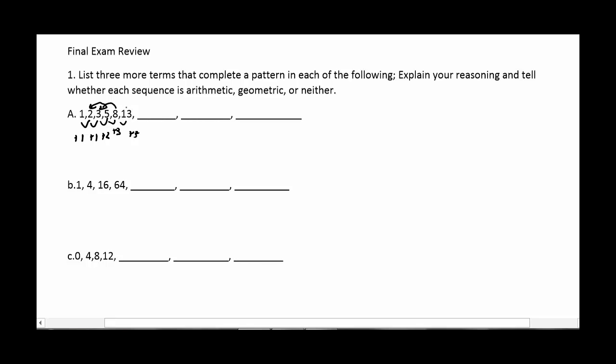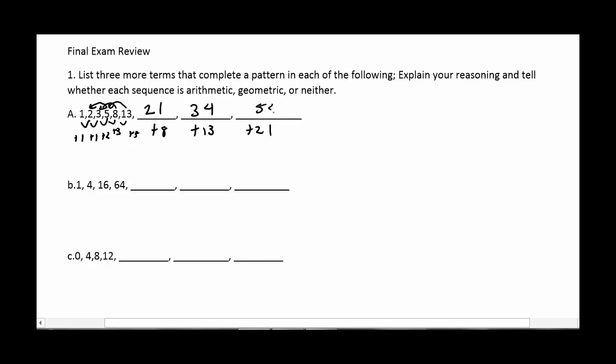So I'm adding 2 from the previous position. So to get to 13, I add 5. So in this next position, I need to add 8 to the 13, which puts me at 21. And then I need to add 13, which is 34. And then I need to add 21,